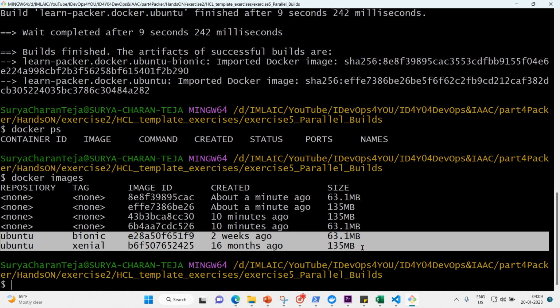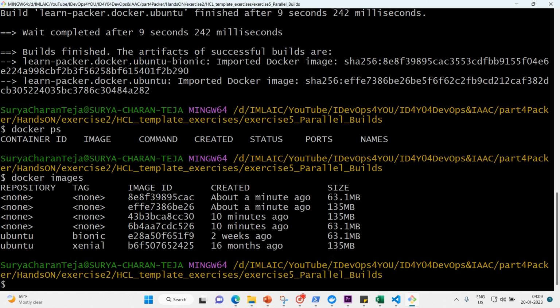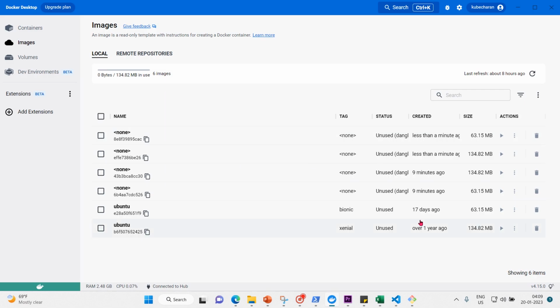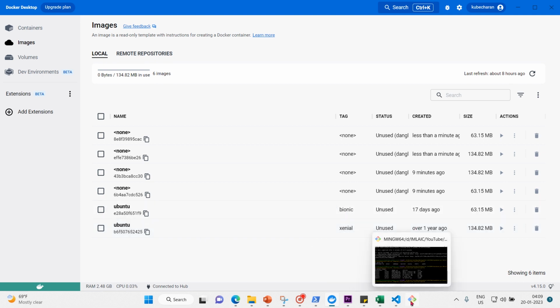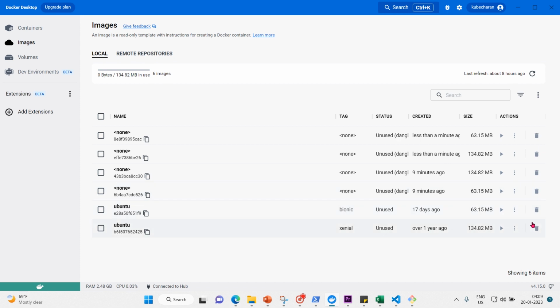So we have created two. So let's get into Docker. Yes, you can see all the Ubuntu Xenial and then Ubuntu Bionic, we can clearly see that. Okay, let me clear all the